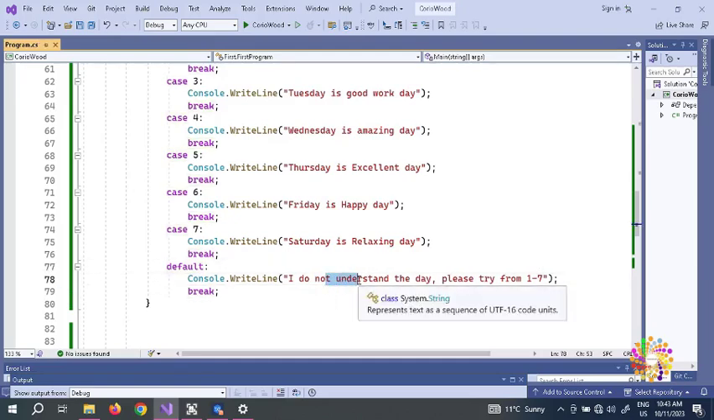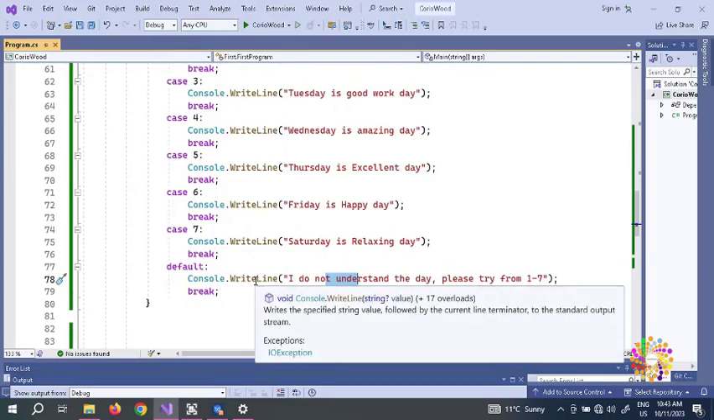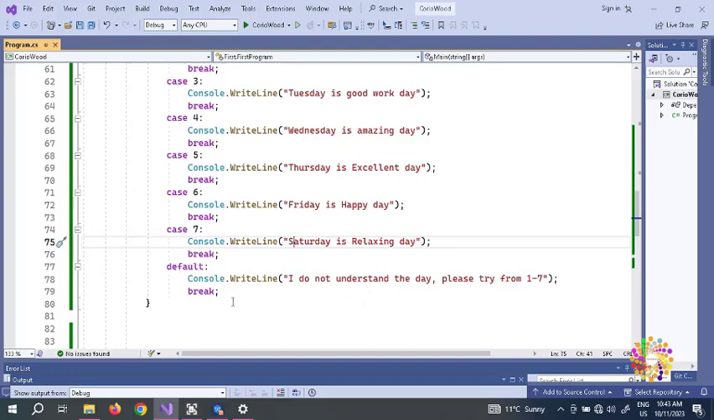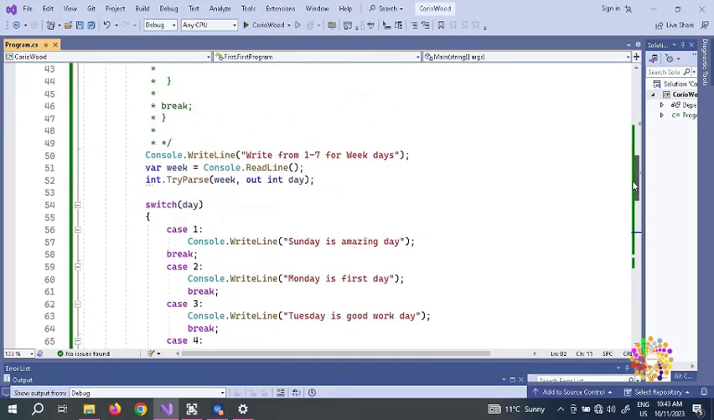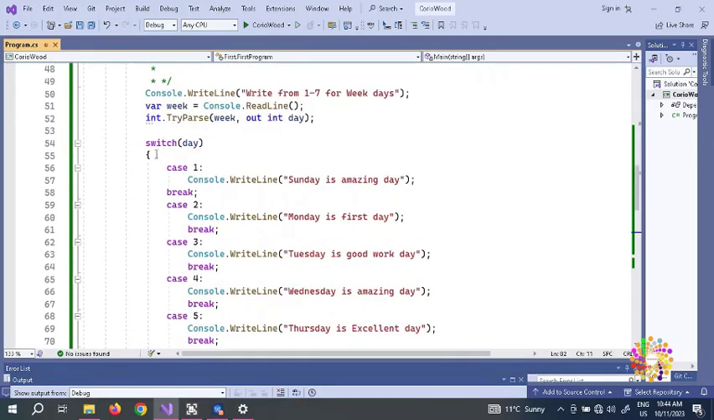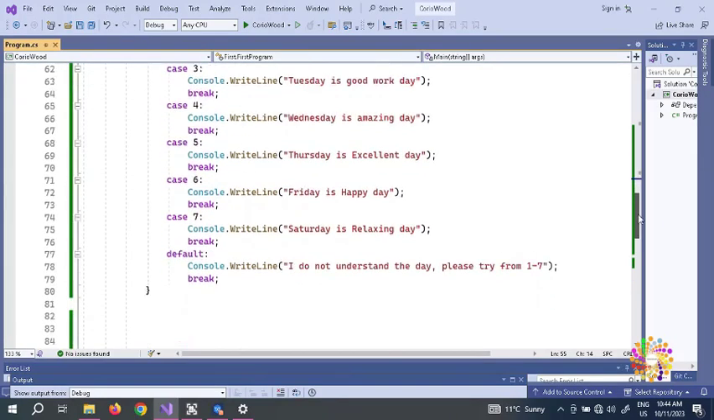Say for example, if the user puts a number 9, we don't know a number 20. There is no such thing as day 20 in a week, so we only have 7 days. So if you look in here, very easy. The structure of switch is that the body starts, if you look in this line, the body starts here and